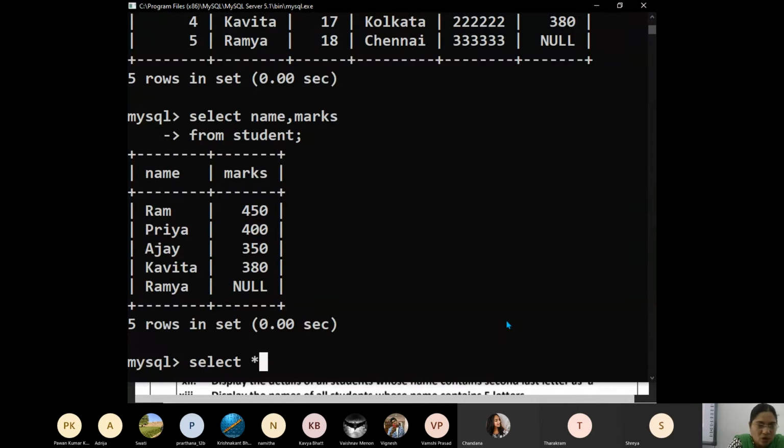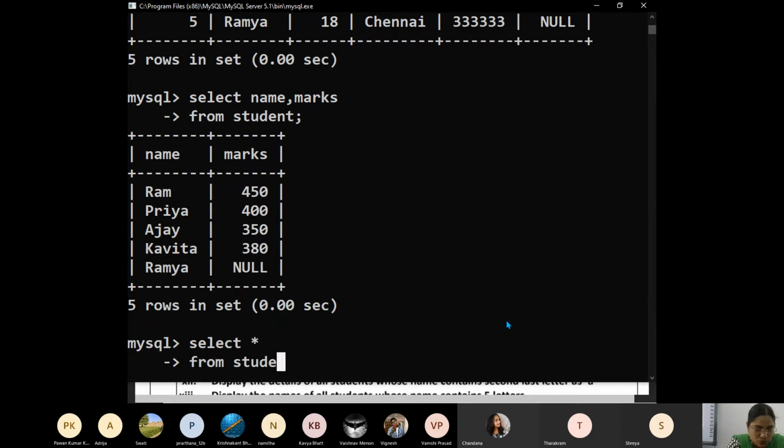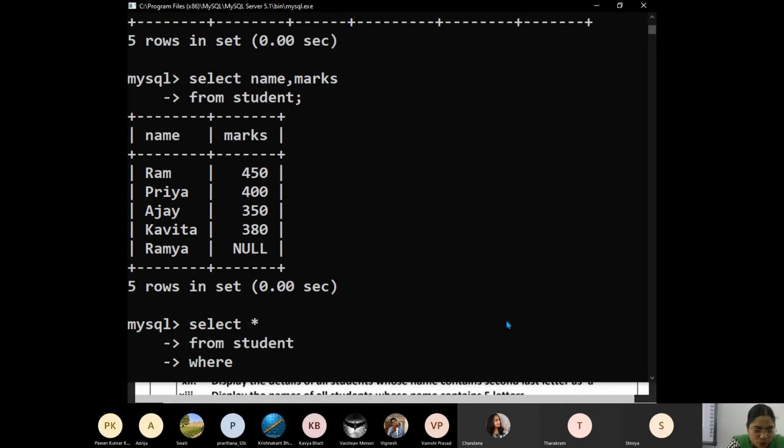Select all columns of students from student. What is the constraint? Where name like, where small a is available, we do not know. So percentage is to indicate 0 or more characters. Somewhere A, and after A also some more characters may or may not be there.